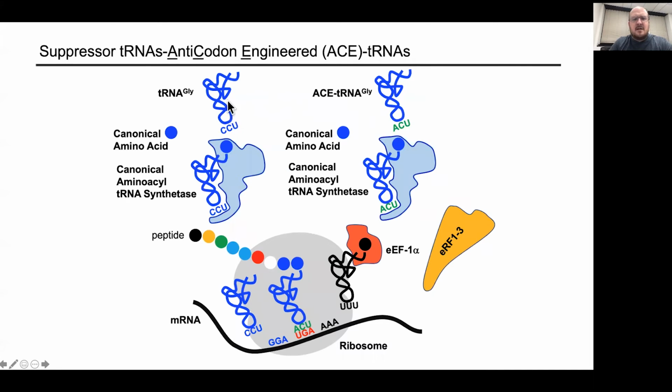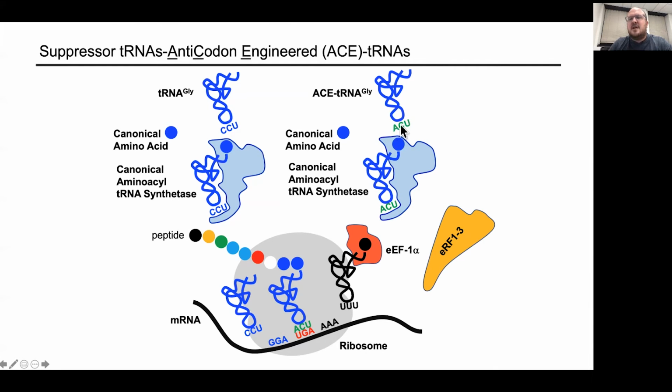So on the left here, I just have a schematic of how normal tRNAs participate in translation. So you have a tRNA that is recognized by the synthetase, and this interaction is keyed. And so this tRNA is charged with the canonical amino acid by the synthetase. This acylated tRNA is then recognized by a protein called EF1 alpha, which protects it from becoming deacylated and also directs it to the ribosome where it can participate in translation. So on the right is our ACE-tRNA